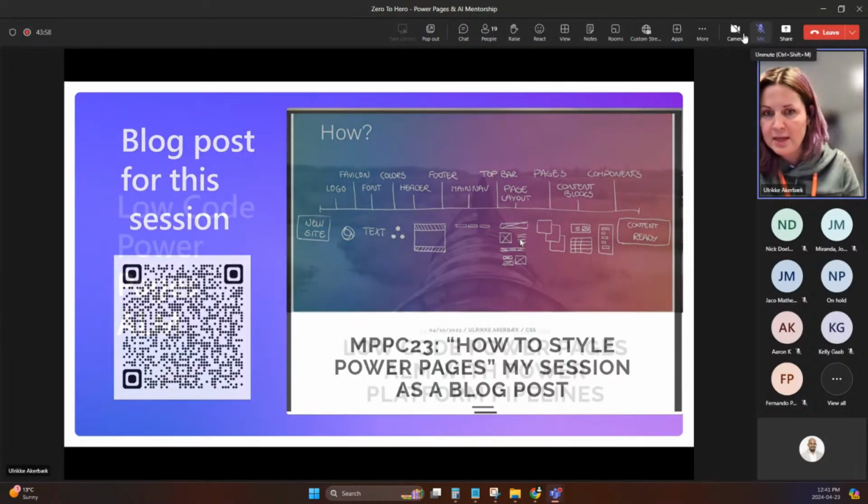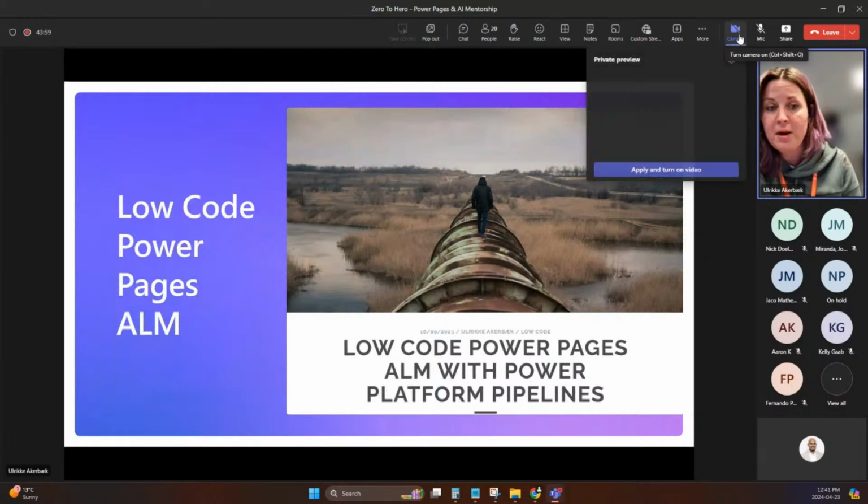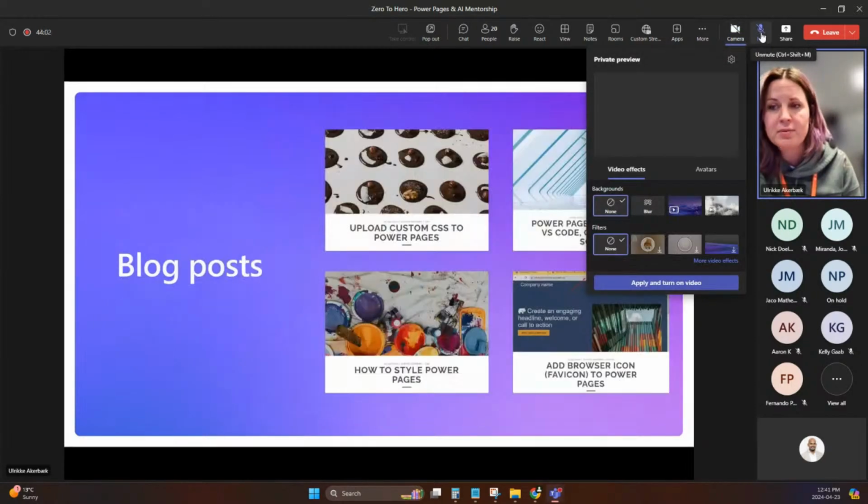And I also have a low code Power Pages ALM blog post that is relevant, because we all want to make sure that we are